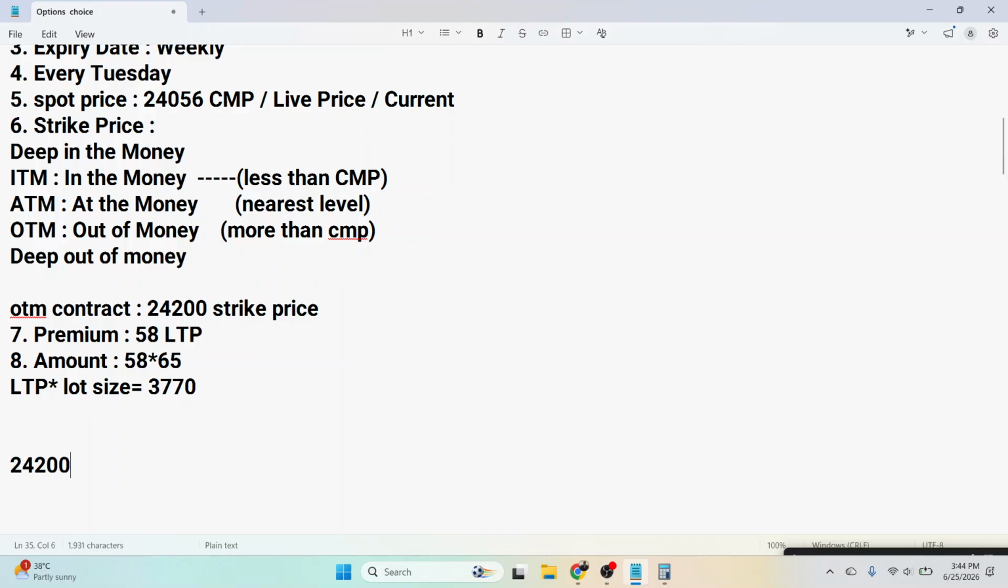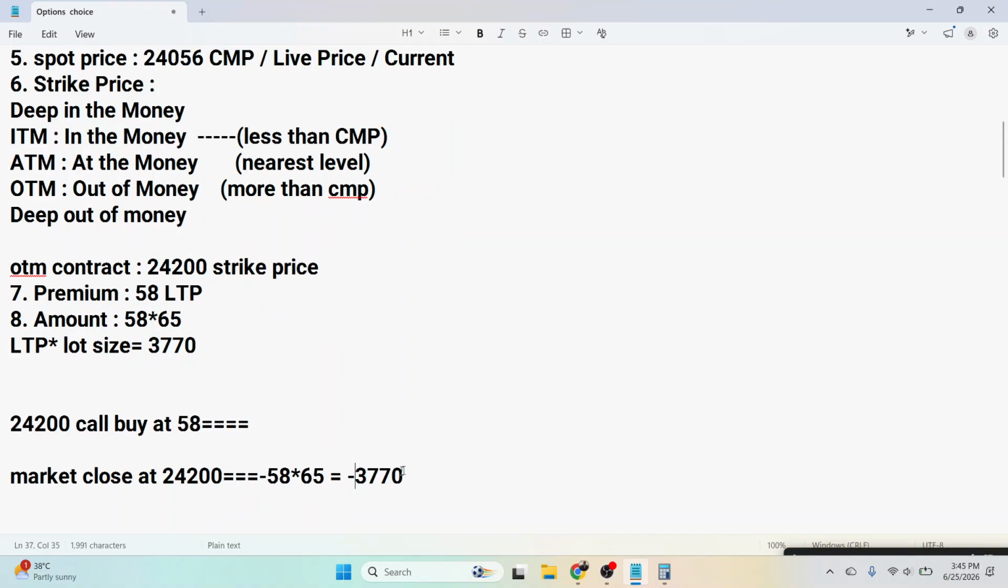नाउ वी कैन सी देर आर 3 सिचुएशन। ओके, तो हमने क्या करा, 24,200 की कॉल को हमने बाय किया, कॉल बाय एट द रेट ऑफ 58। ओके, अब इसमें क्या होगा, 3 कंडीशन होगी, या तो मार्केट इसके ऊपर बंद होगी, या इसके नीचे बंद होगी, या यहीं पर बंद हो जाएगी। ठीक है, तो इफ द मार्केट क्लोज एट 24,200, ठीक है, उस केस के अंदर क्या होगा, आपको लॉस होगा 58 पॉइंट का। जो आपने प्रीमियम दिया है वो जीरो हो जाएगा। ओके, तो आपका लॉस कितना होगा, दिस वुड बी योर लॉस। ठीक है, तो इट वुड बी लाइक दिस, वुड बी योर लॉस एंड दैट इज योर मैक्सिमम लॉस।